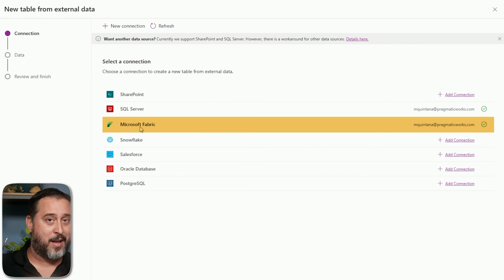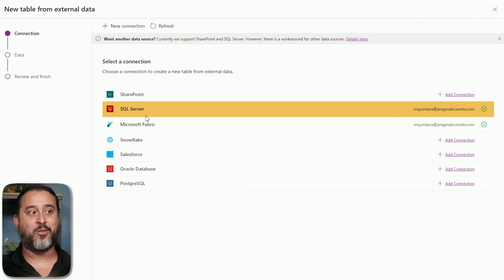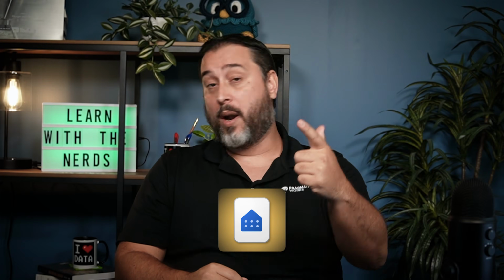So it's probably going to do single sign-on, just authenticate if you have MFA. And you'll notice when you do this, it will actually also authenticate your SQL Server connection. So notice SQL Server is also there. It actually does both of these because remember, and this is going to come into play later, Lakehouses, warehouses, and